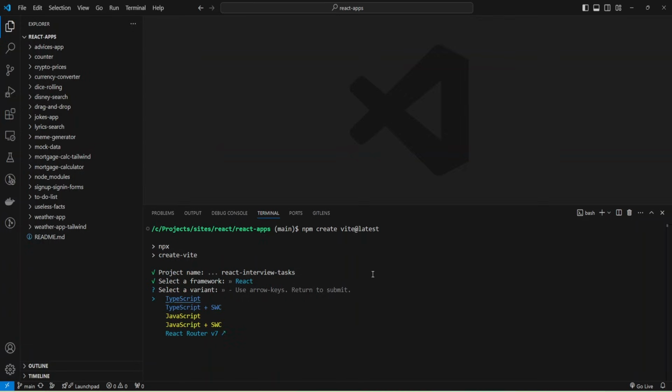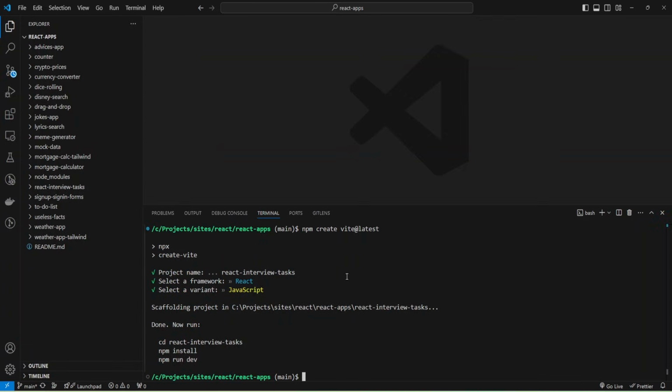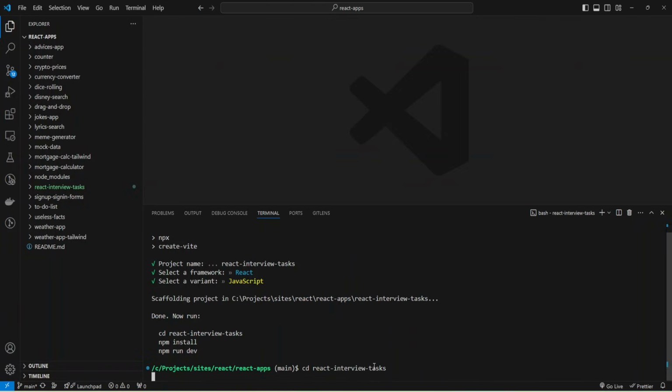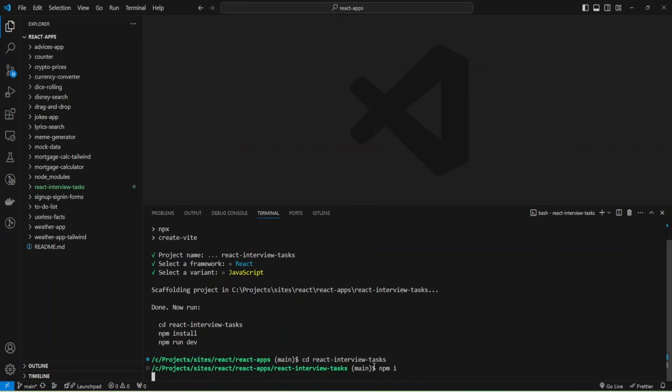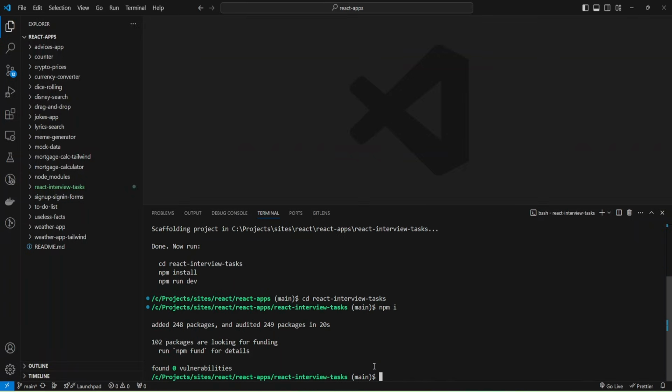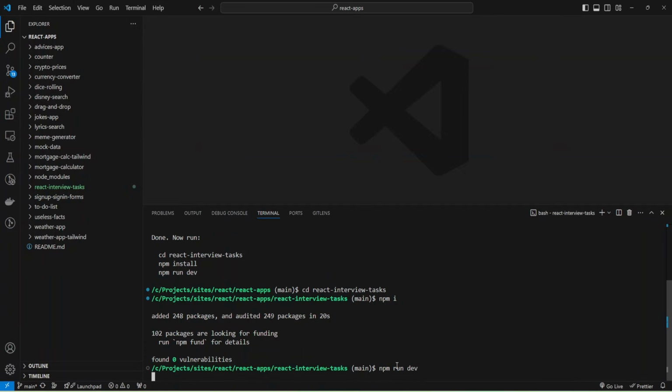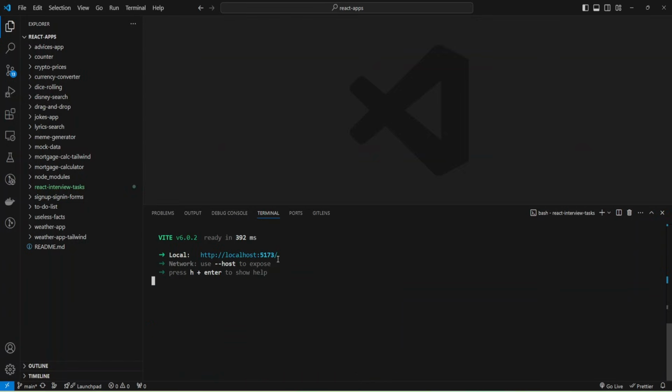Okay, and select React and JavaScript. Now I can navigate to my folder with the command and install dependencies with the command npm install. Okay, and now I can run my dev server with the command npm run dev and open it in the browser.